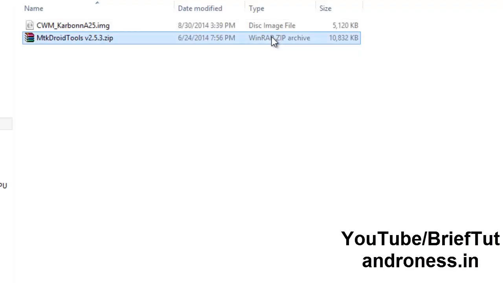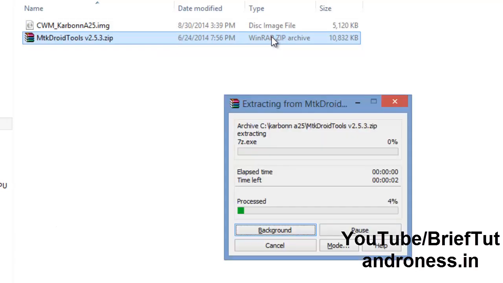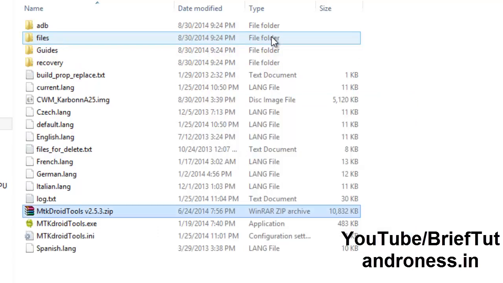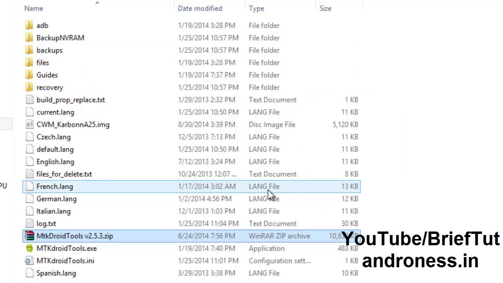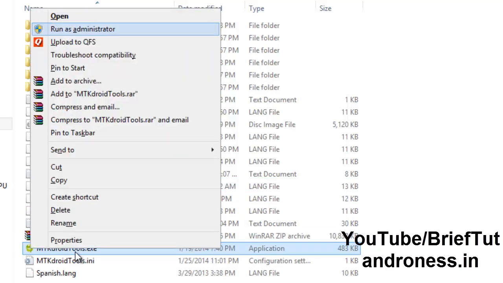Now after downloading it, just extract it. You can see the files are extracted. Right click on MTK Droid Tools and run as administrator.